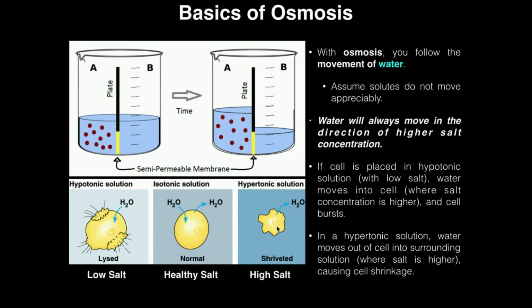And so the cell will sort of shrink, so to speak. Okay? So that's what happens in a hypertonic solution. So right in the middle is what we call an isotonic solution. And this is where both the outside solution and inside the cell have approximately the same salt concentration,